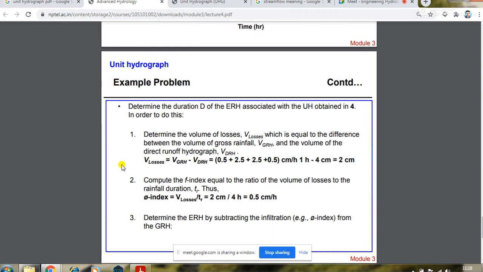So again, there is another problem that has been given. They have given that determine the duration of excessive rain runoff hydrograph associated with unit hydrograph obtained in Ford. तो यूनिट हाइड्रोग्राफ का हम लोग को निकालना है जो कि 4 डेप्थ से मिला था, ठीक है। उसके लिए हम लोग को क्या करना होगा, कुछ कैलकुलेशंस यहाँ पे दिया हुआ है।